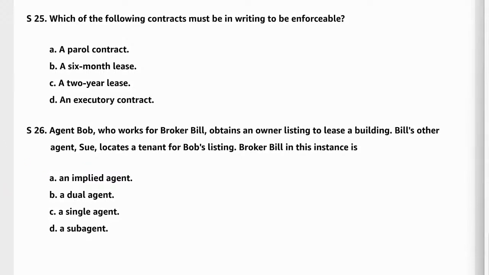Okay, so carefully. Agent Bob works for Bill. Actually, works with Bill, right? We don't work for somebody. We work under someone. Obtains an owner listing to lease a building. Bill's other agent, Sue, locates a tenant for Bob's listing. Broker Bill in this instance is